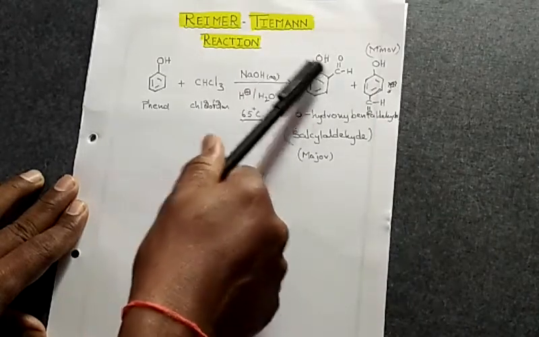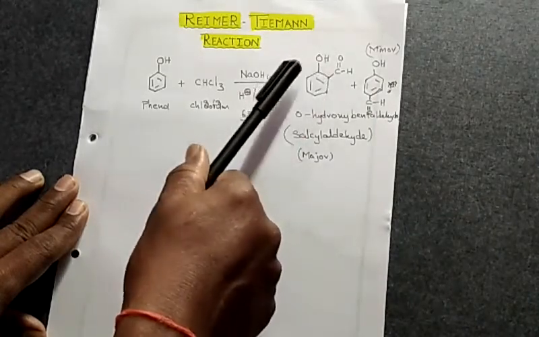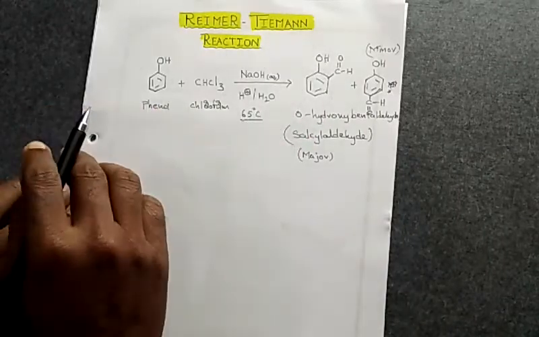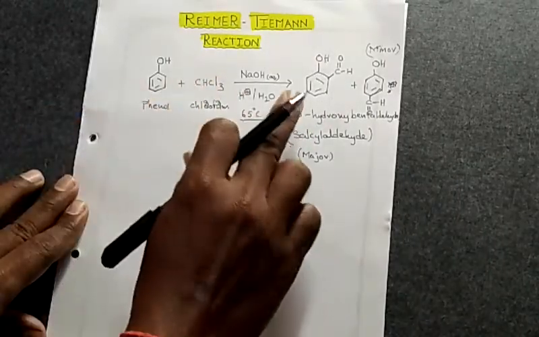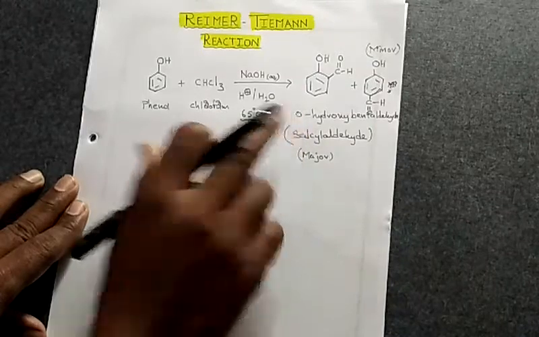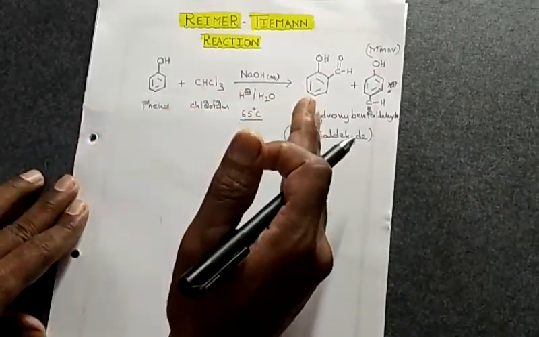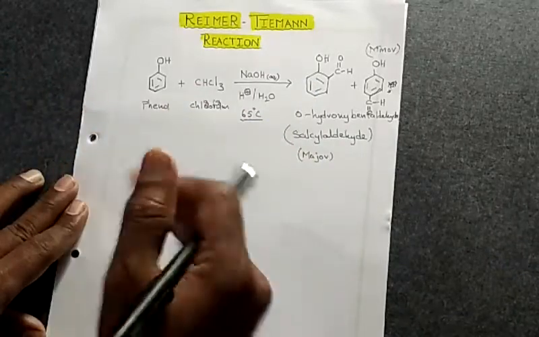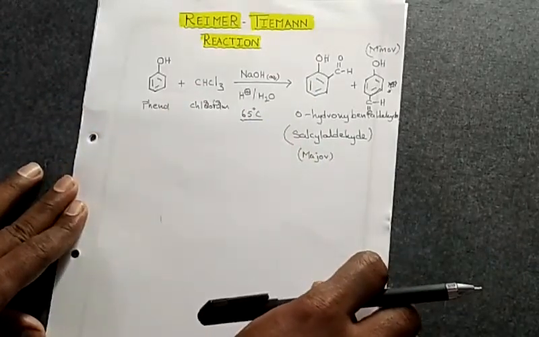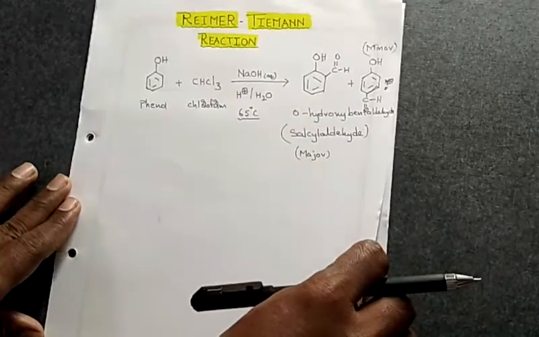Because there is the possibility of intramolecular hydrogen bonding, which is giving extra stability to this particular molecule. So this is the Reimer-Tiemann reaction. Now how is this product formed? I will explain with the help of the mechanism, which is also a very simple phenomenon. Please observe this. The mechanism of this reaction, if you look carefully,